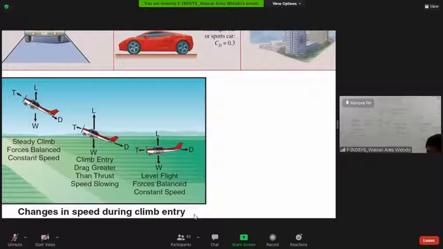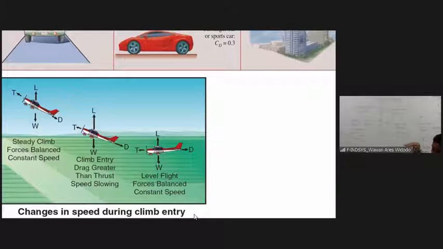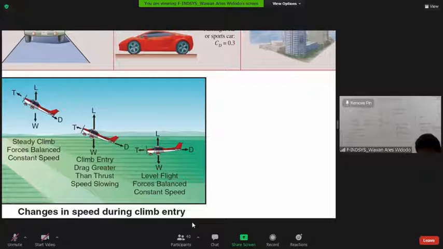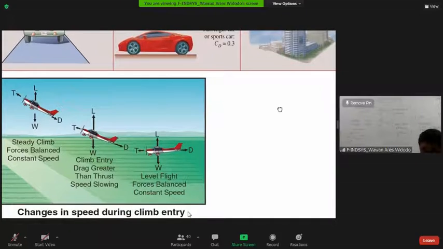in equilibrium when the aircraft goes straight, and then climbs, and sometimes lands. Okay, this is the aerodynamic force, created by the interaction of the fluid airflow with the aircraft here.